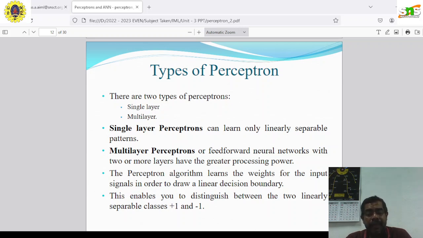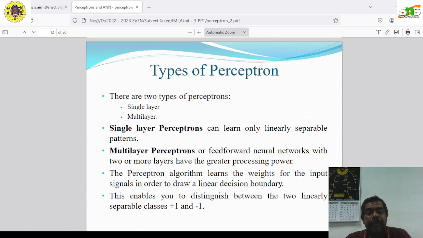One layer means we have a set of inputs, a set of weights, and a summation component, that is the hidden layer, and then the output function is produced. But in multi-layer perceptrons, or feed-forward neural networks, we have two or more layers, which gives greater